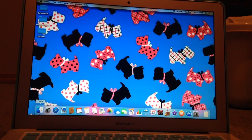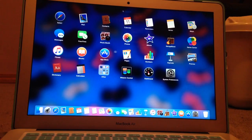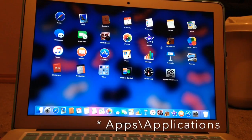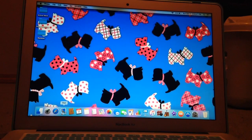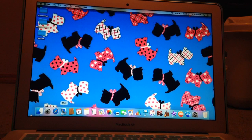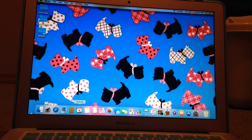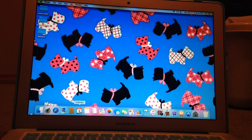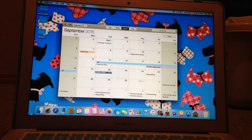Down here we just have Finder, and then Launchpad is basically where all of your, not apps, but all of your little thingies are here. Then we have Safari. Then I have Mail, which I have 3 different emails on there. I have Contacts, which is straight from my phone. Calendar, which is just like what's on my phone, although it's a little bit like, it tells you where things are,